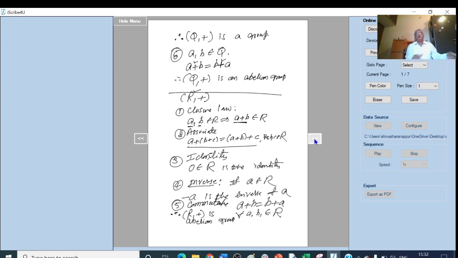Okay, this is how we can verify that given set is a group or not. Just we have to verify the axioms, closure axiom, associative law, identity axiom, inverse axiom, and finally commutative law. If only the first two, closure and associative, are satisfied, then you say that it is a semi group. Along with these two, if identity and inverse axiom are also satisfied, then you say that it is a group. And along with these four, if the fifth additional condition, that is commutative law holds, then you say that it is an abelian group.